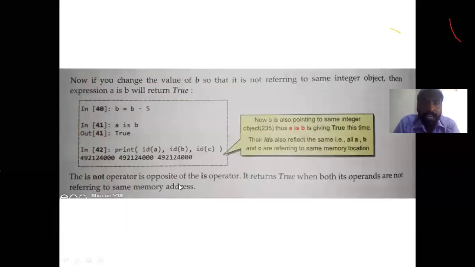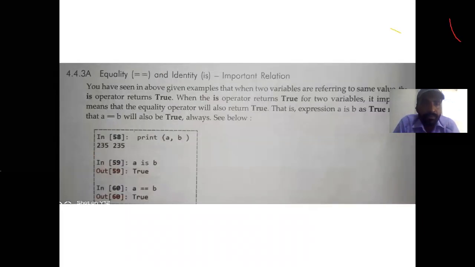So now I am going to tell you the comparison between identity operator and equality operator. Now here see, equality and identity. For some values it may provide a true result, and for a few values it may provide a false result. Both look like the same. If you compare the equality 15 equal to 15, it will provide true. And if you compare 15 is 15, then also it will provide true. It means you can say both are the same operator, but no, both are not the same. A minor difference is there.